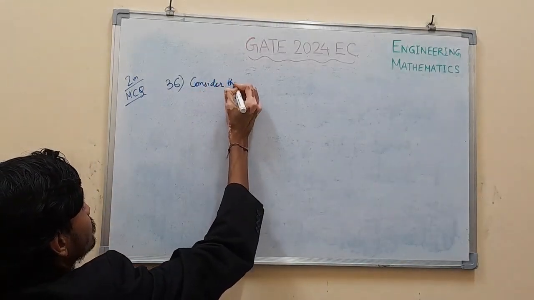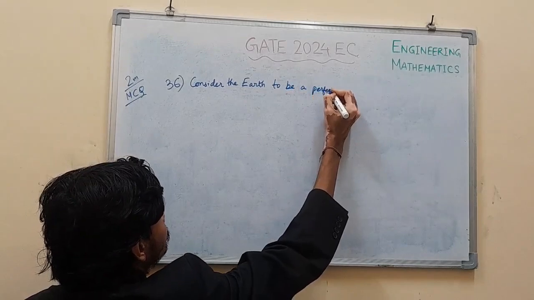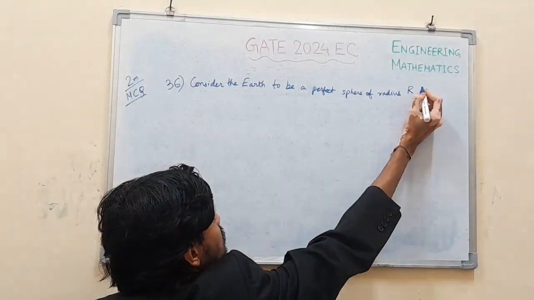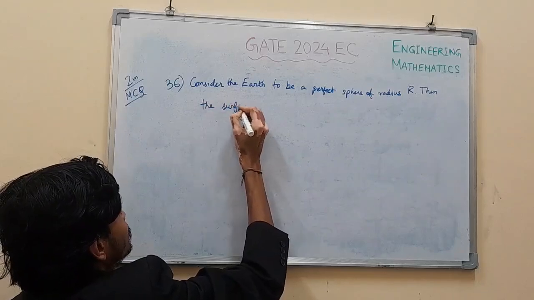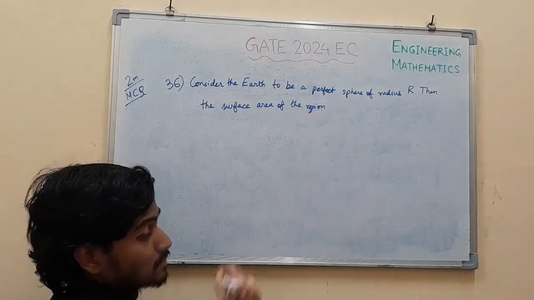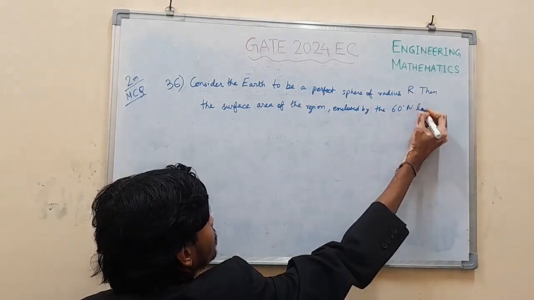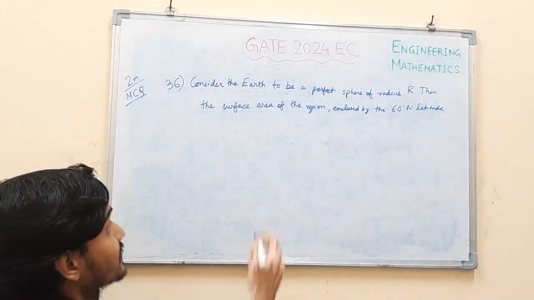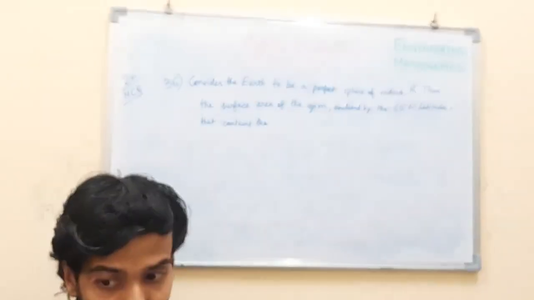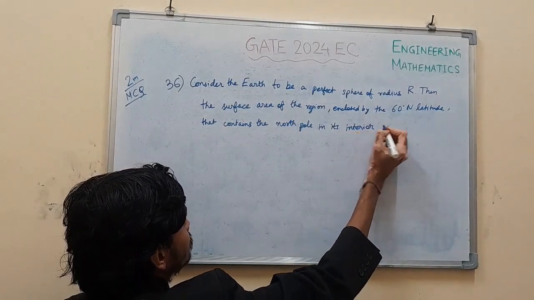Consider the earth to be a perfect sphere of radius r, then the surface area of the region enclosed by the 60° north latitude that contains the North Pole in its interior is,